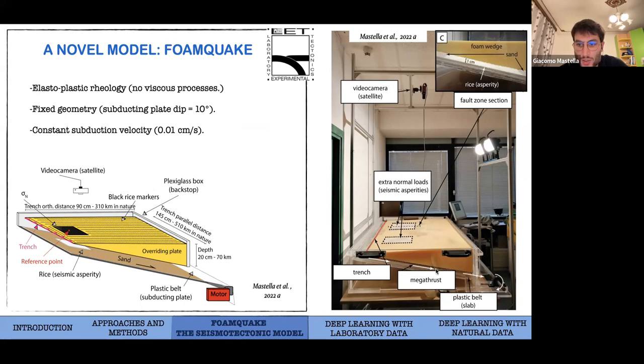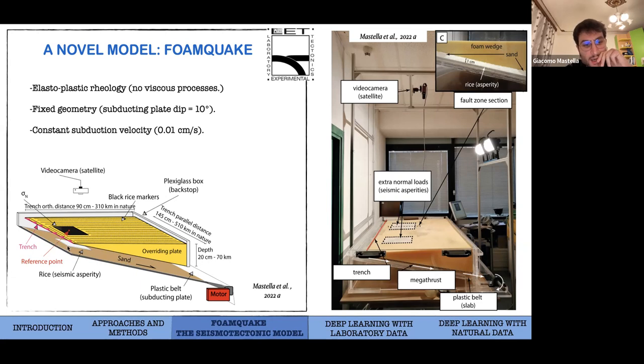Within the rigid plate, there's a conveyor belt, which is driven by a stepping motor, mimicking a steady-state subduction process. And at the contact between the foam rubber wedge and this conveyor belt, along this surface that we have called the analog megathrust, we placed two different materials in order to reproduce the heterogeneous frictional configuration of real megathrust. Especially, we place a 1 centimeter thick layer of rice surrounded all around by the sand.